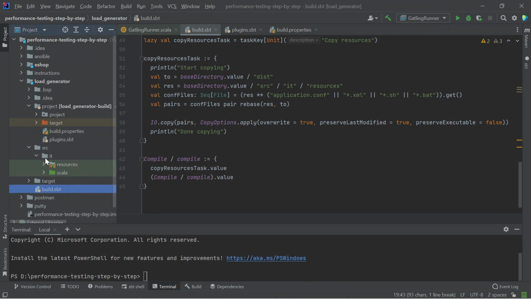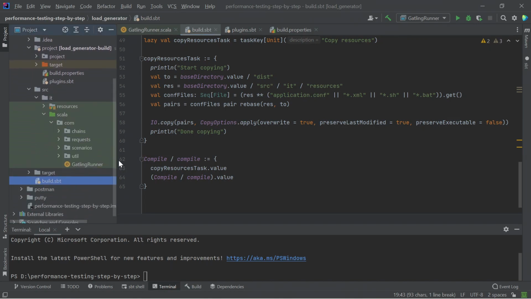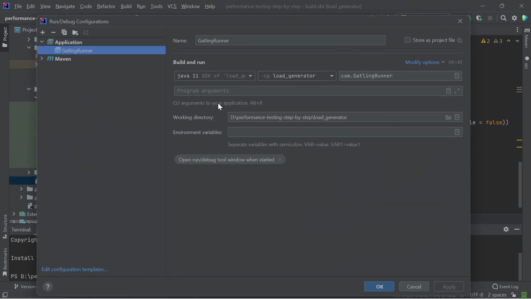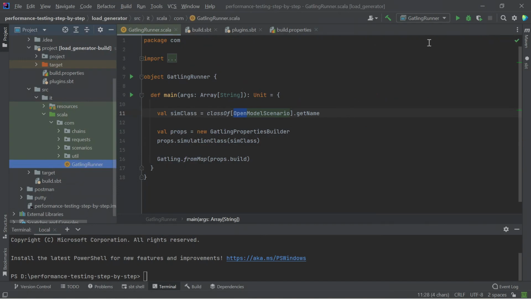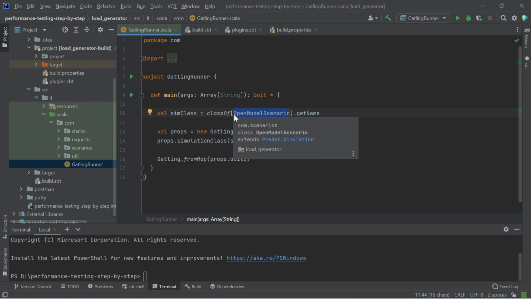Now let's open the src Scala directory, and we see the Gatling runner object that we are already familiar with. It is used to run the test scripts directly from the development environment. Loading the test object from the development environment is carried out as follows. After starting the Gatling runner configuration, the corresponding simulation is executed. The simulation contains a scenario. In this case, a scenario has been selected for testing the eShop online store as an open model.